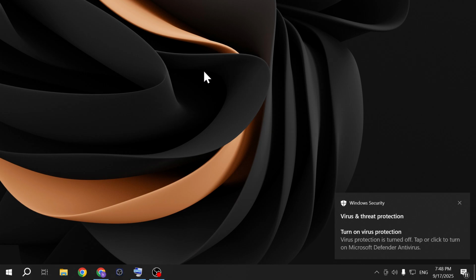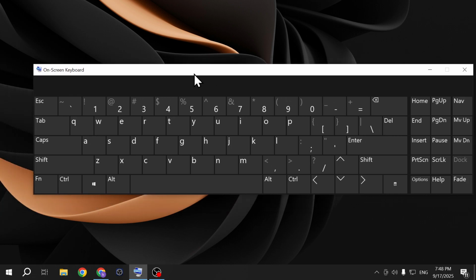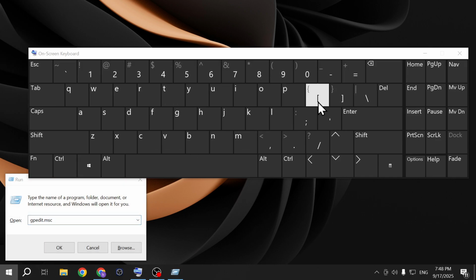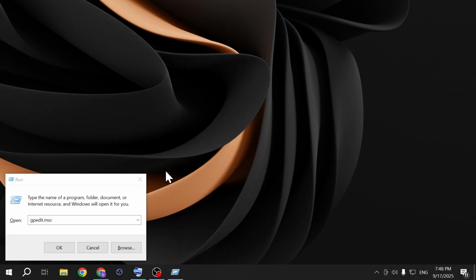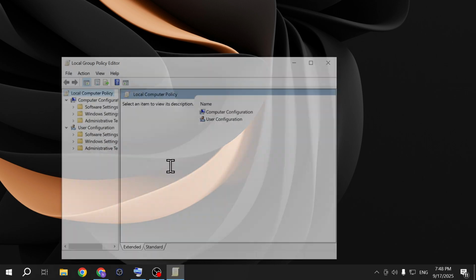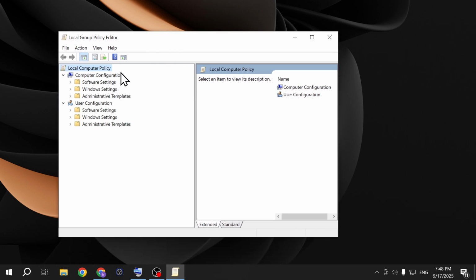Now if you want to permanently disable the Windows security, you have to use the combination of Windows and R buttons pressed simultaneously. This will open the run program, and here you're gonna have to enter gpedit.msc, then press OK, and then once you see this window, on the left side of the window, expand the administrative